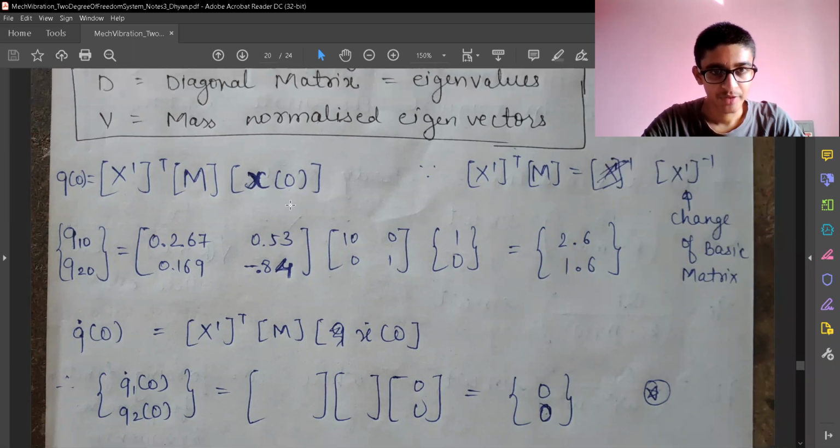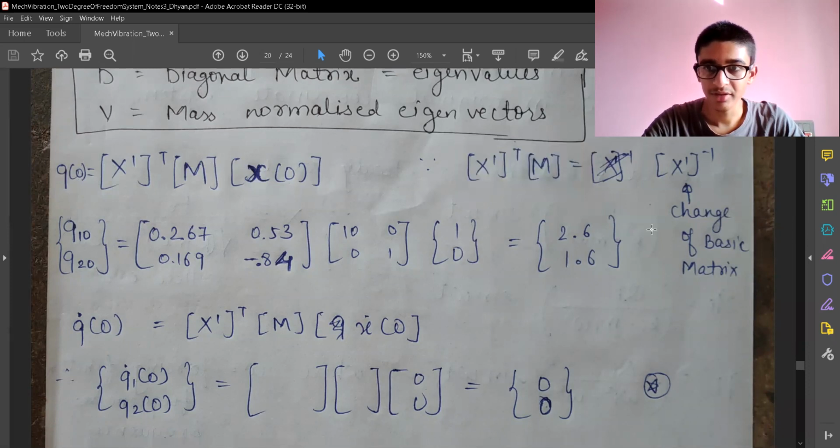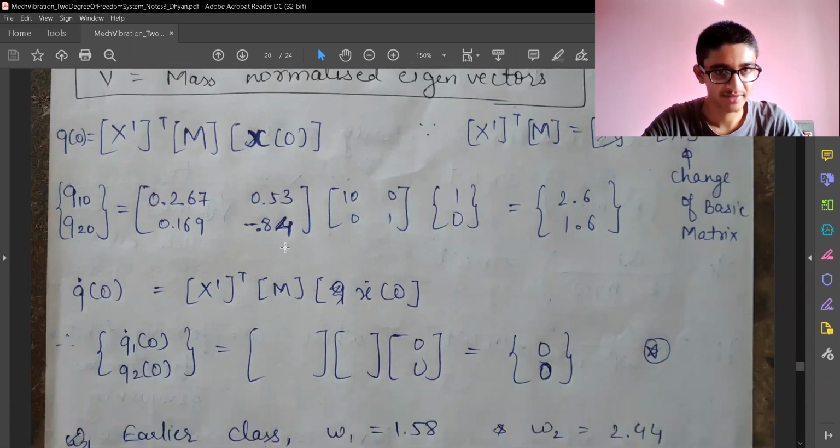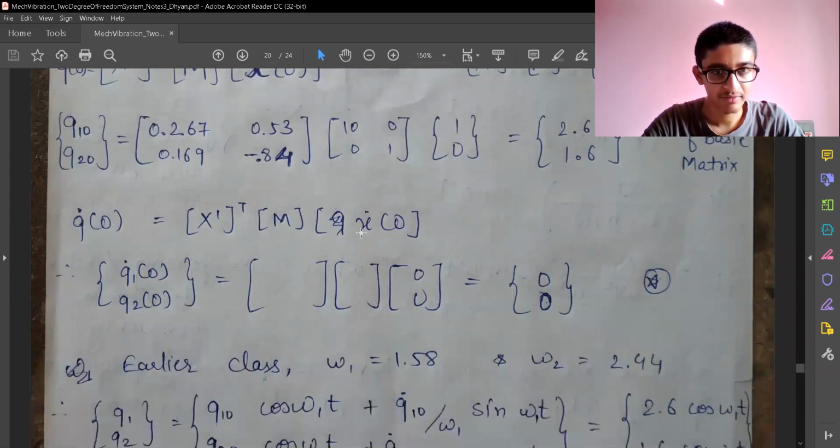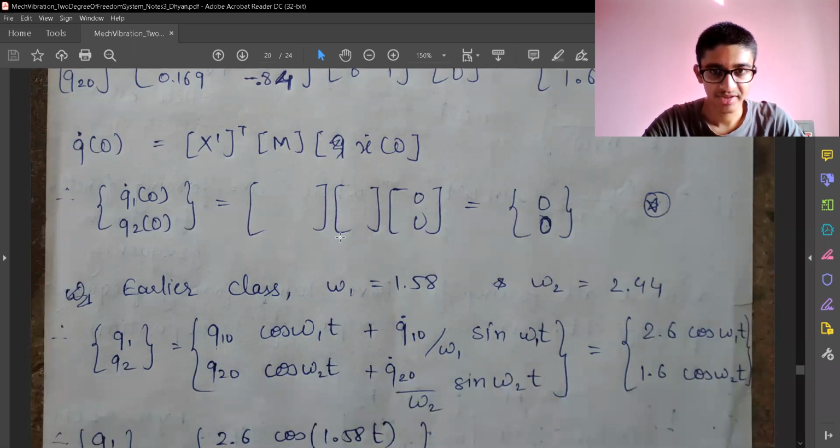And since these are vectors, I can convert the vectors using a single form. So this is actually the new equal to the change of basis matrix into old, but the change of basis matrix is replaced by this form, because I don't want to find the inverse. That's why I'm using the transpose and the mass matrix. I can also convert the old velocity into new velocity using the same change of basis matrix. So I'll just keep this part.